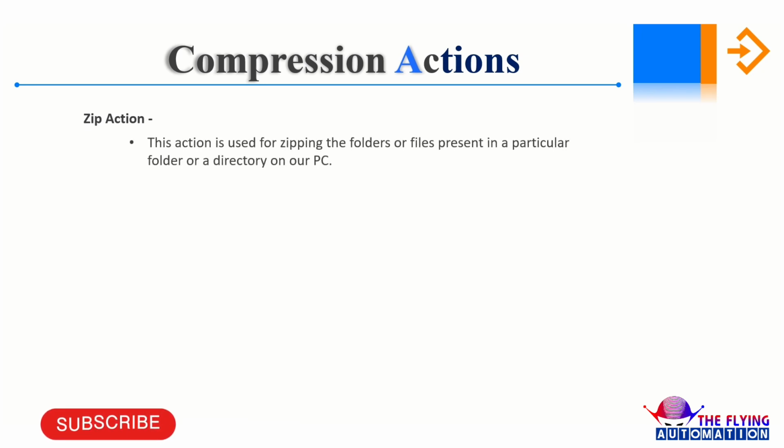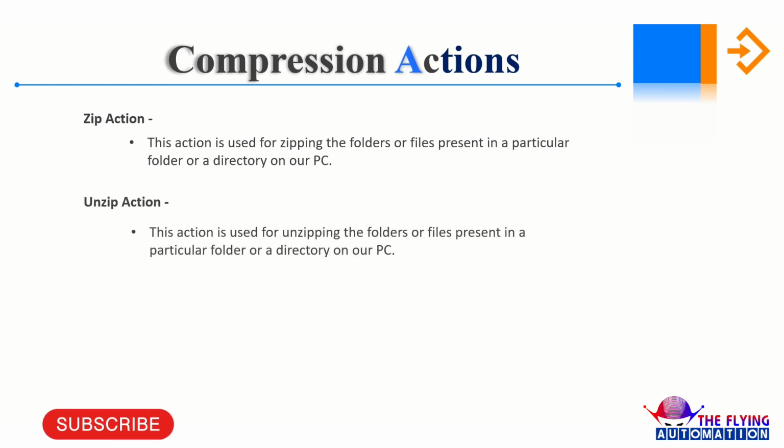This action is used for zipping the folders or files present in a particular folder or directory on our PC. And the unzip action. This action is used for unzipping the folders or files present in a particular folder or directory on our PC. So let's open MS Power Automate Desktop and see the parameters of both actions, the zip action and the unzip action,